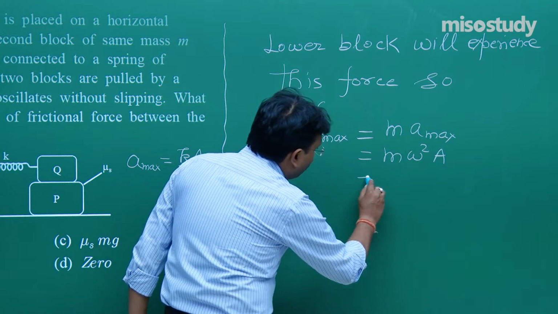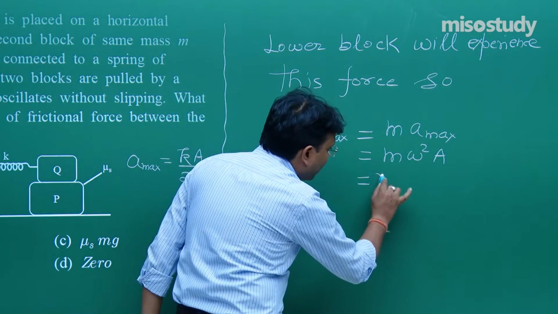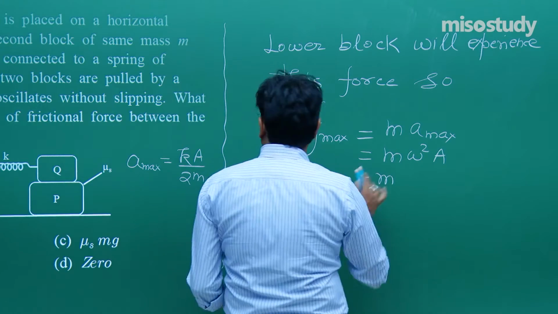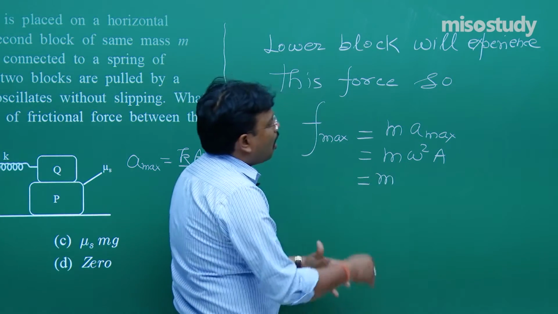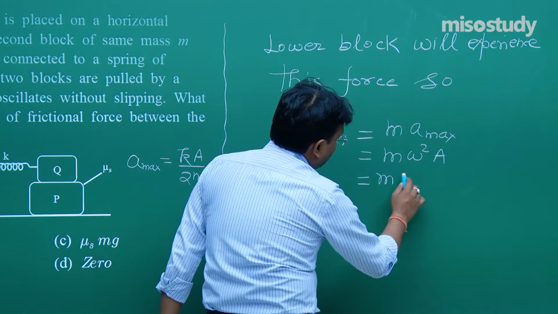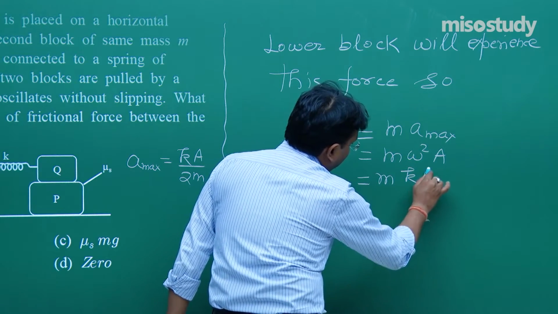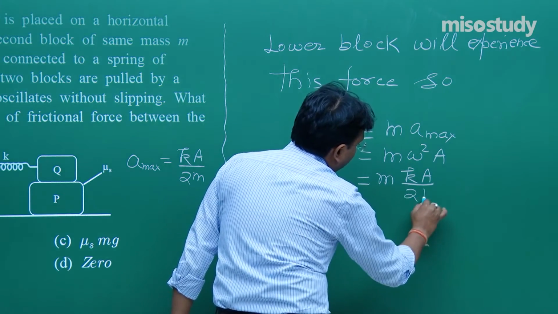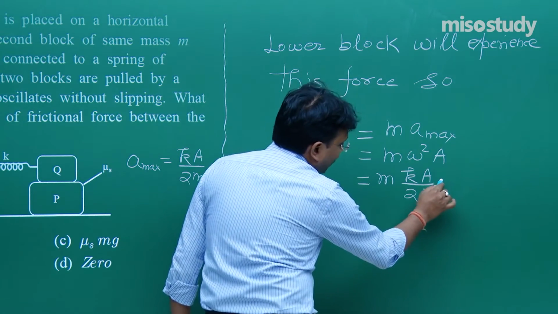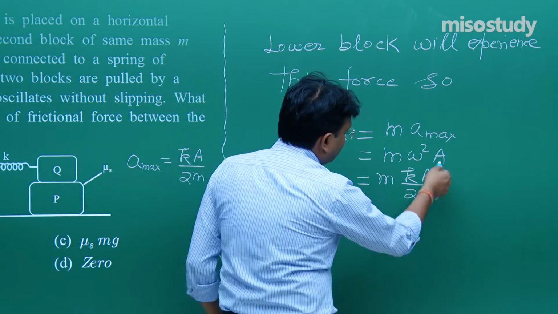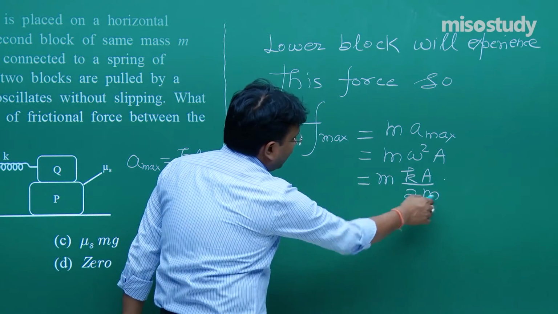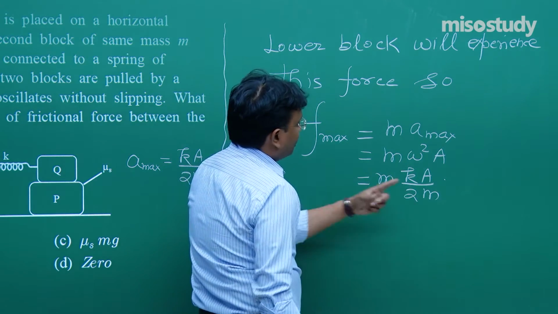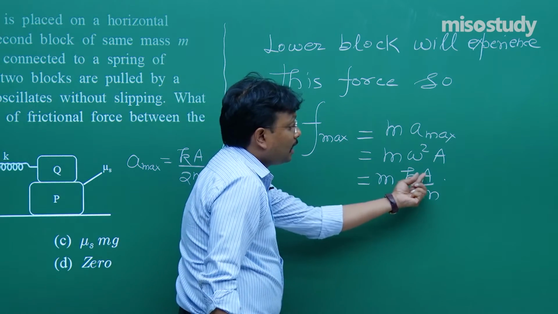So from here I can say M, and then this value of A max. Either directly put the value or change the value, it's up to you. So you can say Ka upon 2M, into this A value. If you solve it, then M and M cancel, and ultimately you will get the value Ka by